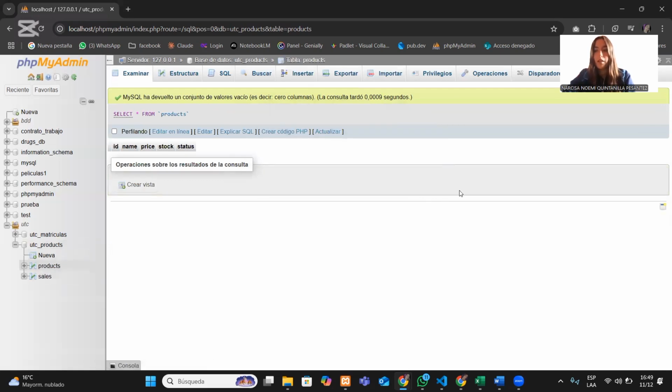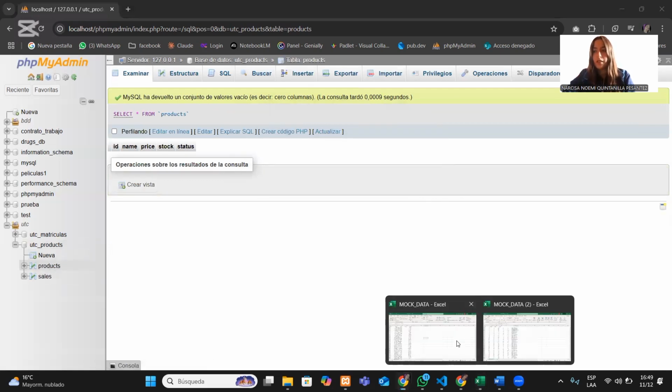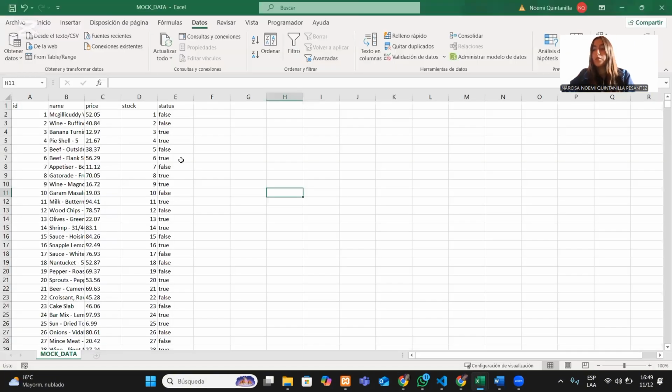Now we can create our statement for inserting data. In our Excel document, we are going to perform the data loading step. Then we need to go to the necessary parameters to enter data in the two tables, starting with our products table. We are going to apply the following formula in an empty cell. We are going to put equals CONCAT,